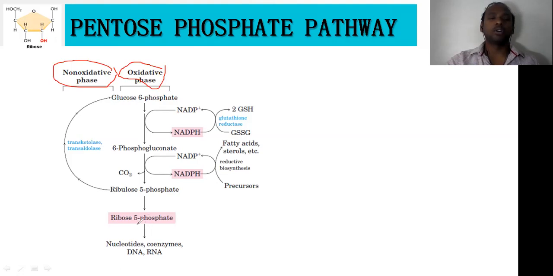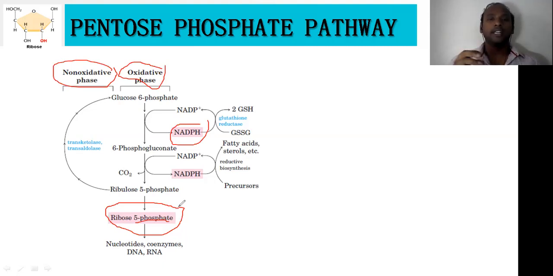You can see up to ribose 5-phosphate from glucose 6-phosphate. So majorly you should understand what the oxidative phase is. In the oxidative phase, there will be two products formed. One is NADPH, the second one is ribose 5-phosphate. These are the two products which are formed in the oxidative phase, and these have different kinds of